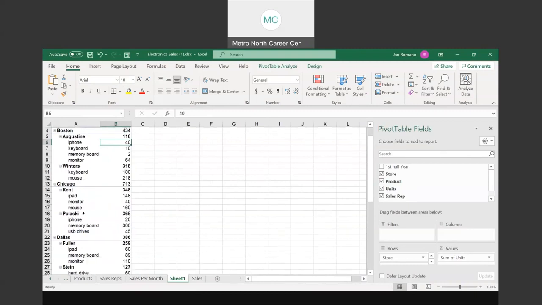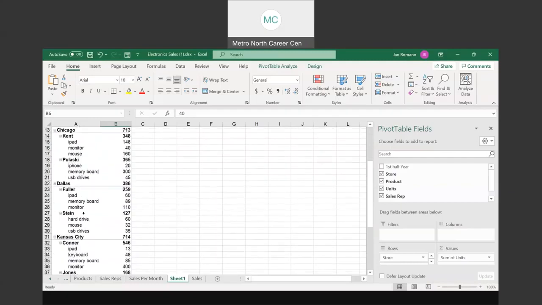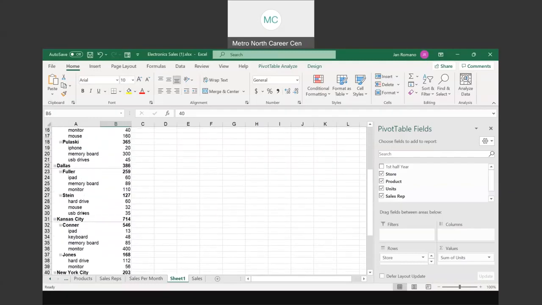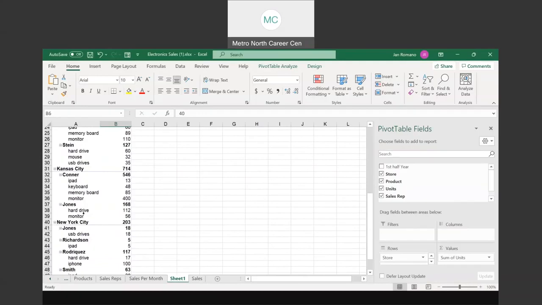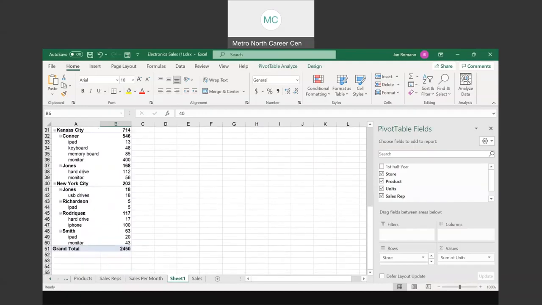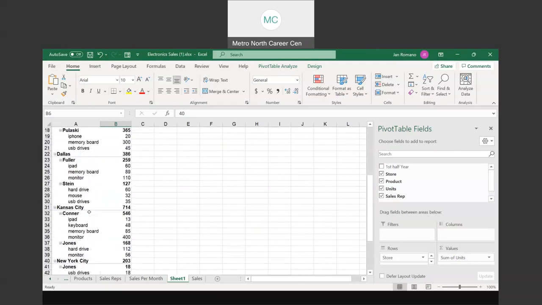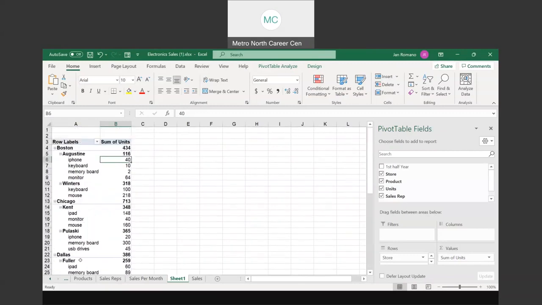And again, for Chicago, Kenton Pulaski, Dallas, Fuller and Stein, Kansas City, Connor and Jones, and in New York City, Jones, Richardson's, Rodriguez, and Smith. These are the sales reps. This is where they sell their products. This is what products were sold. This is how many were sold. Remember, this is all through a January through